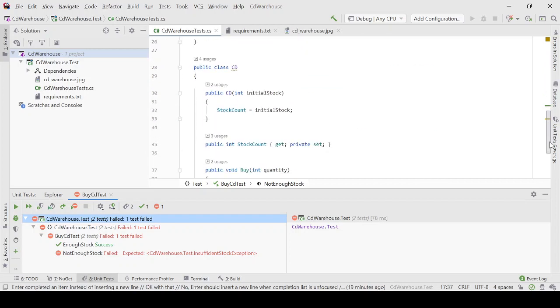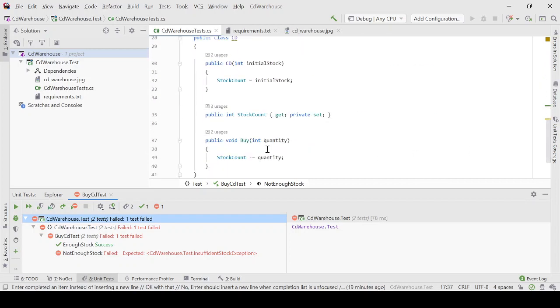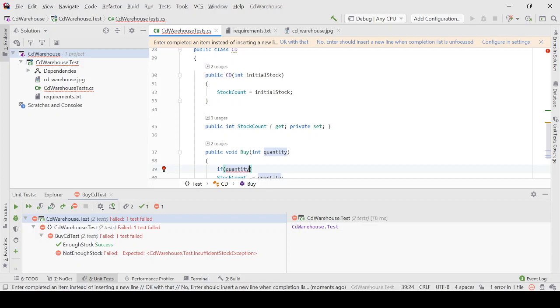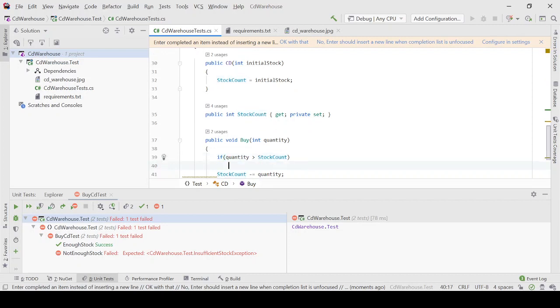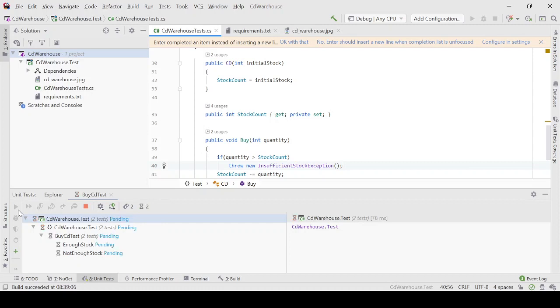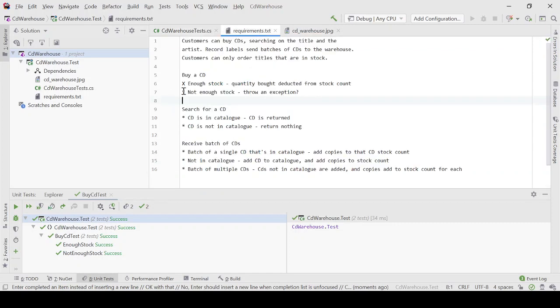So this is a pretty easy one to pass. Again, it's a trivial, obvious implementation. If quantity is greater than the stock, then we're going to throw an insufficient stock exception. So there you have it. That's two tests. So we're working our way through our list, and then we would move on to writing tests